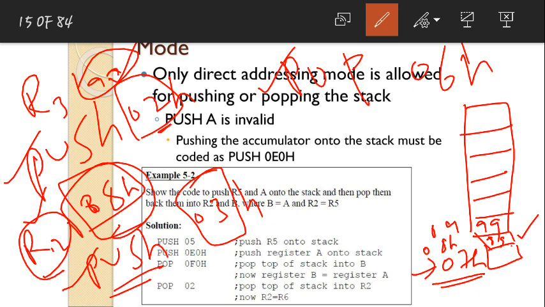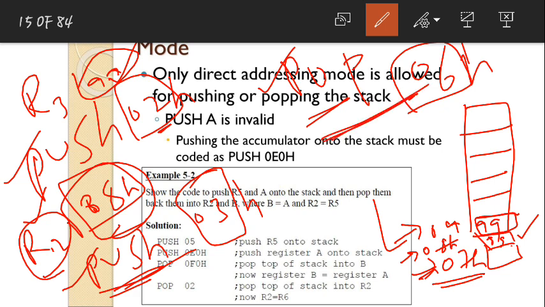When I write this pop 06H, whenever it sees pop, what will it do? First it will retrieve. From where? The pointer was first here, next here, and after this instruction is executed, here. Now presently my pointer is at the 09 location. So whatever is inside this will be popped onto the 06 location. That means after this line is executed, R6 will be equal to 99H. It is retrieving the value to 06.